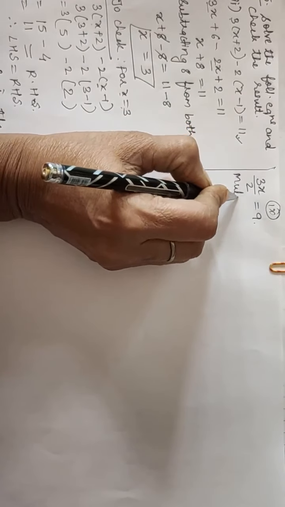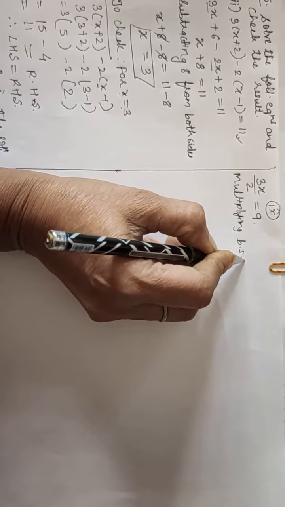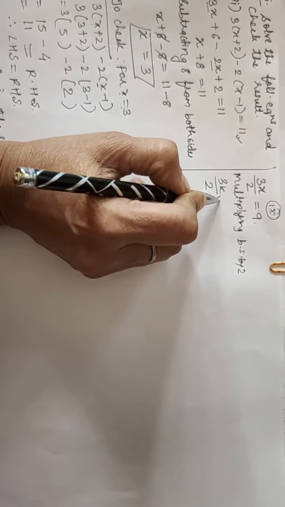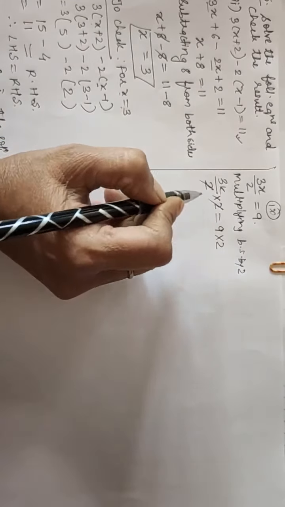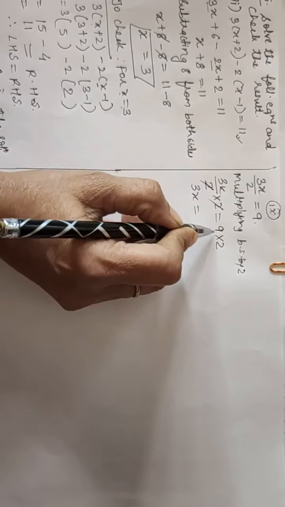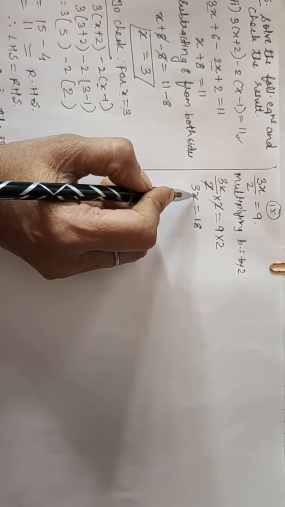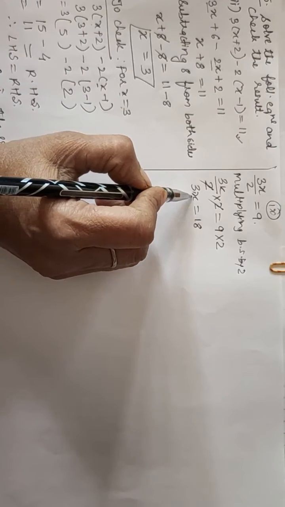So we will write multiplying both sides by 2. So write down left hand side as it is, multiply by 2, right hand side also multiply here. Now these 2 get cancelled and 3x is equal to what here? 9 2s are 18. Now children, you can find that between 3 and x, what is the sign? Multiplication. So what we write now, and with x what is there?